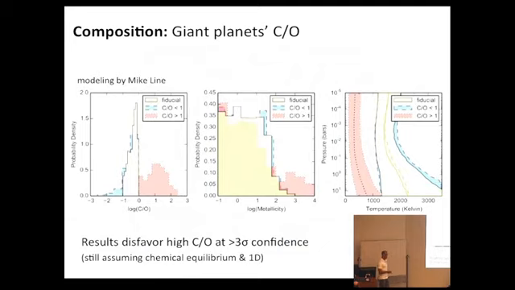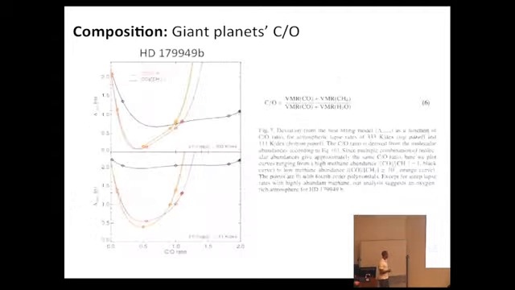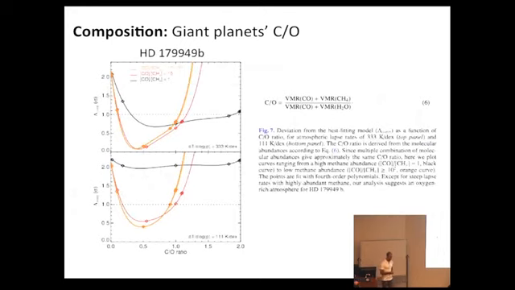Right? So we don't actually make an assessment of the carbon abundance. We just say it has to be less than oxygen because we see water. When you actually detect a carbon-bearing molecule, that gives you a much better handle on the carbon to oxygen ratio. And so they've done a really careful analysis showing the sensitivity of their data to the C to O